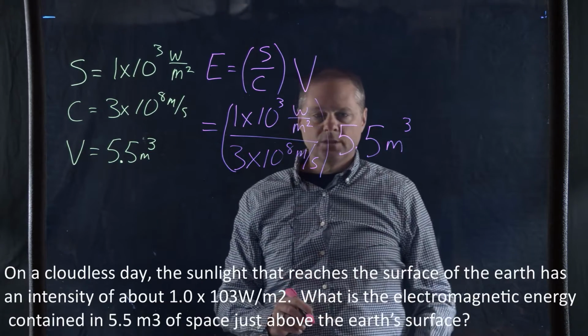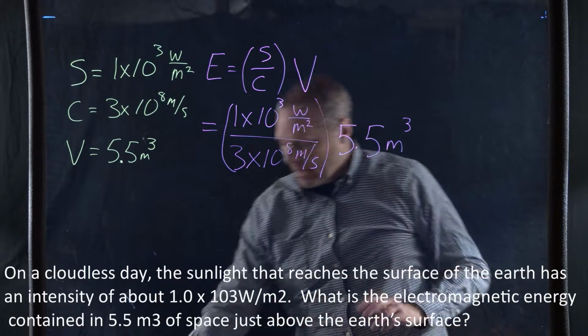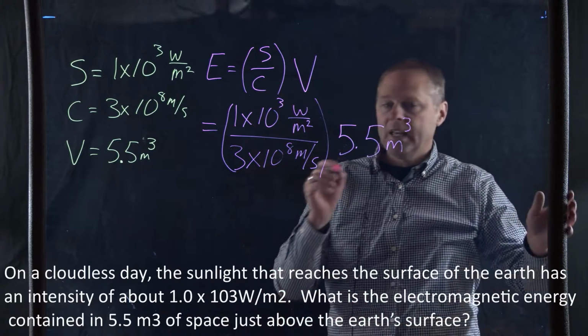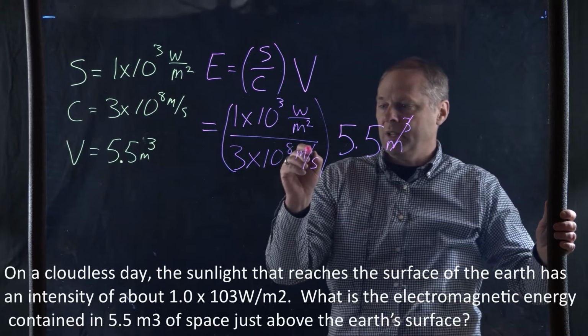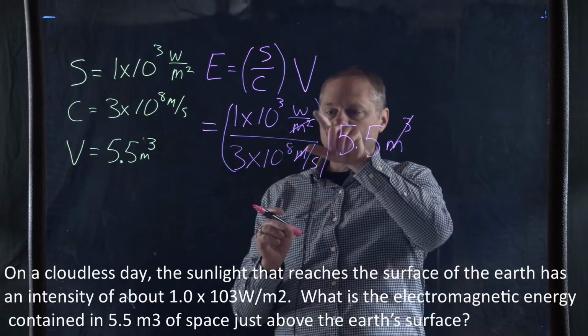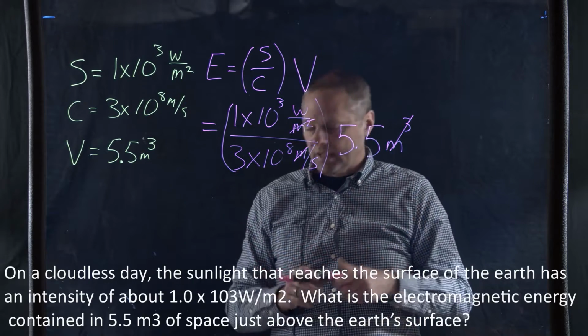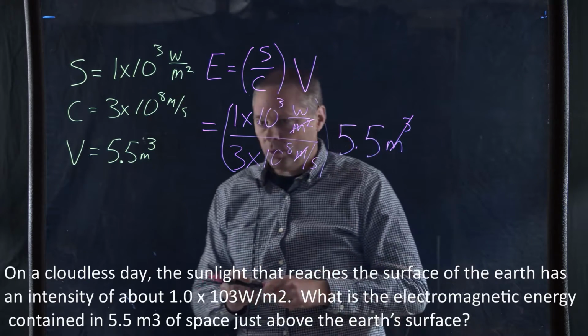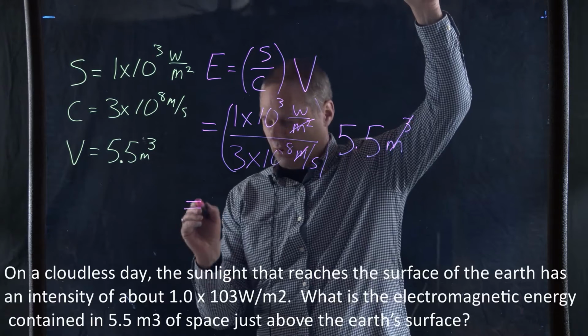Before we solve this, let's look at what's going to happen with the units. What's going to happen with the units is that all 3 of these meters are going to cancel. And the units we're going to end up with is a watt second. A watt second is going to give us the units of joules. All right? So if we do this quick arithmetic,